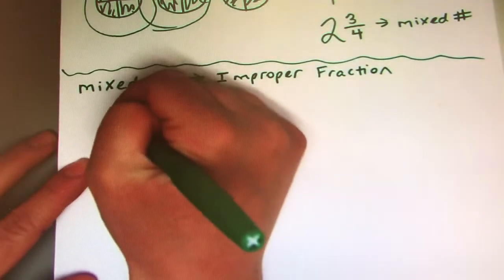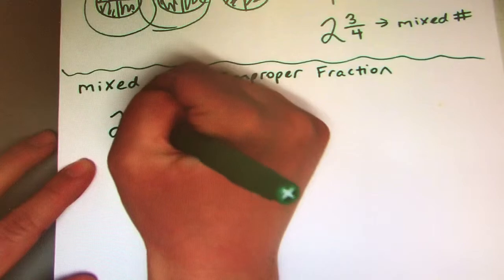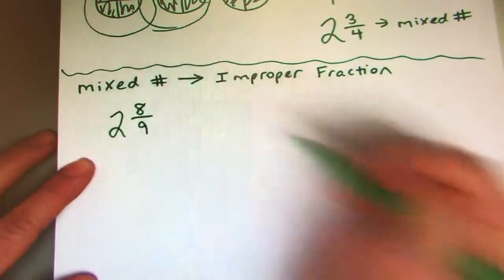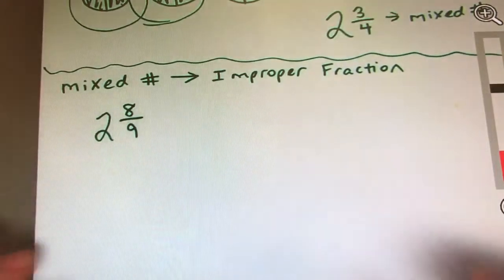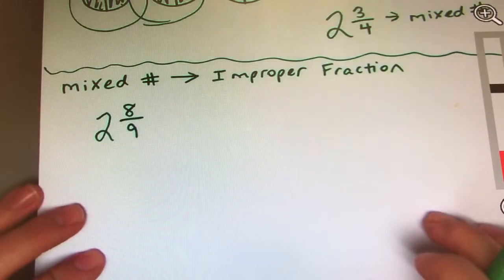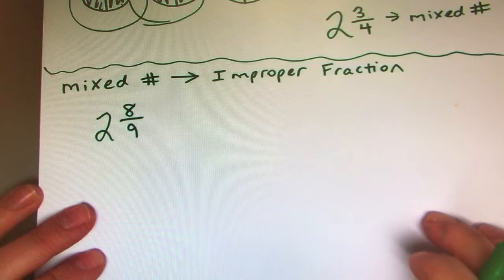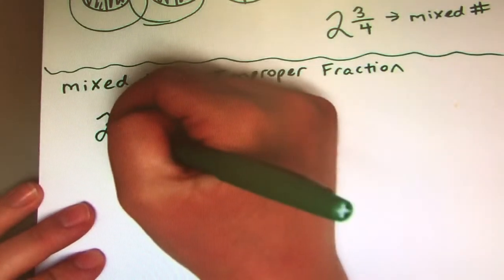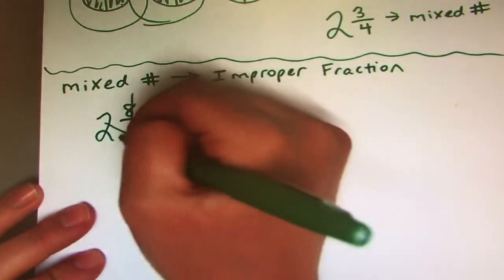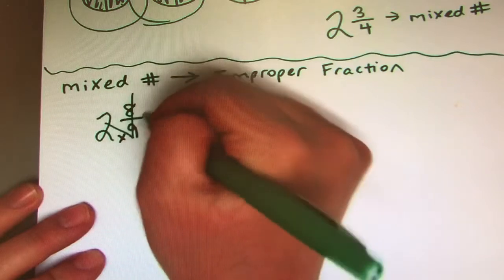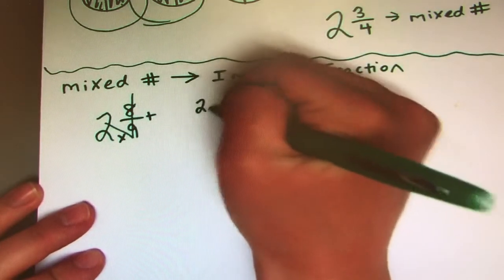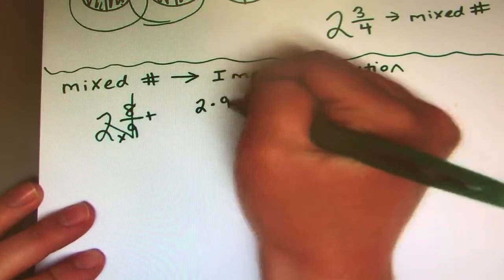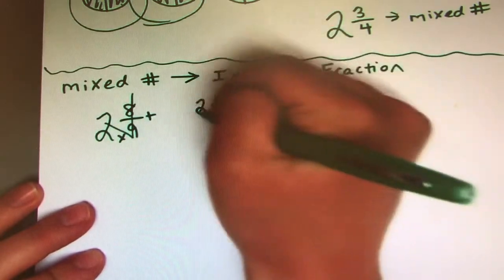So I'm going to give you the mixed number 2 and 8 ninths. There's nothing wrong with it right now, like I said, but we can change it to an improper fraction. I use what I call the check mark method, and I make this little sound effect. What we're going to do is multiply down, 2 times 9, and add up, whatever that is, plus 8. So if you want to write it horizontally, what I'm really doing is 2 times 9 plus 8, all of